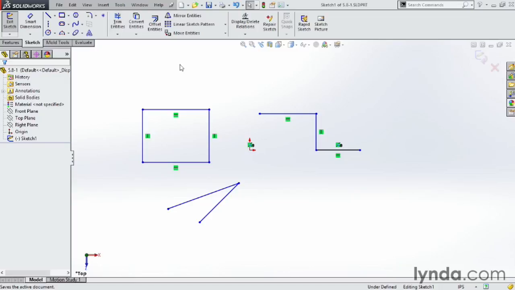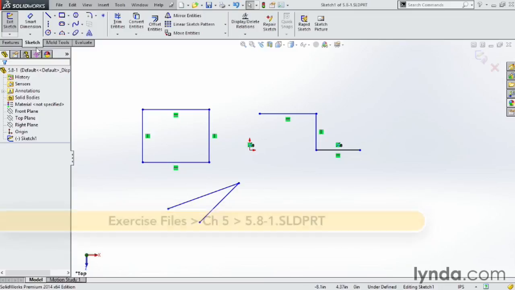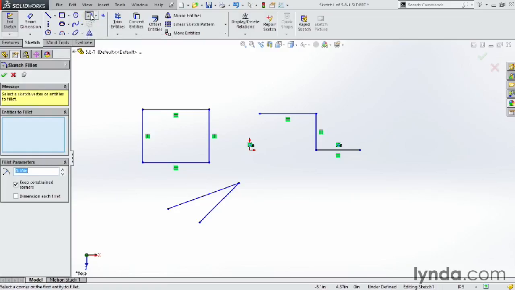If you want to add rounded or chamfered corners to your sketches, we have a couple great tools within SOLIDWORKS Sketch Tools to do so. Let's go up to Sketch, click on Fillet, which is this one here. Click on that, and come down here and type in the size of the fillet you'd like to use. I'm going to go ahead and type in 0.25, and then click on Entities to Fillet,